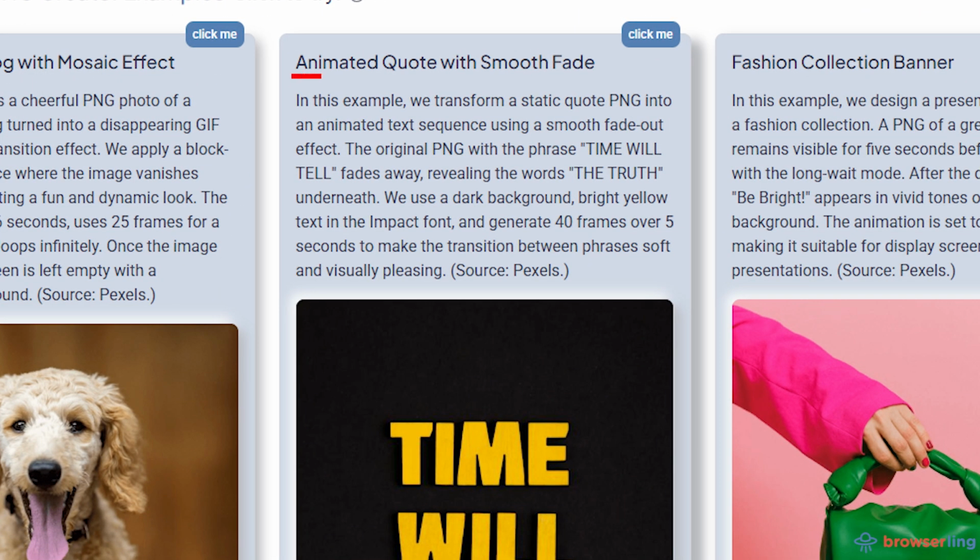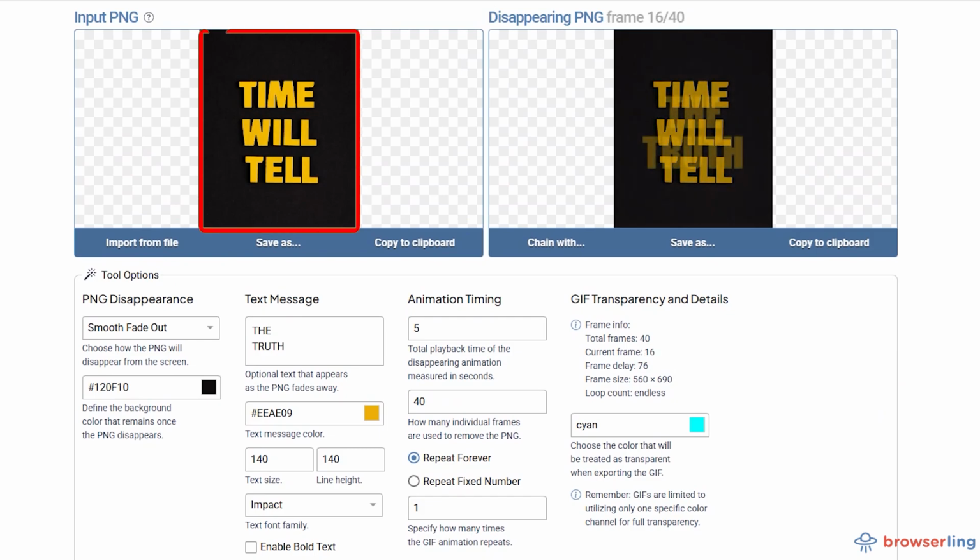Example 2. Animated quote with smooth fade. Here is the input where we uploaded a PNG containing the phrase, "Time will tell." The output produces a smooth fading animation where the original quote gradually disappears, revealing the words "the truth" underneath on a dark background. For this result, we selected smooth fade out, set the background color to